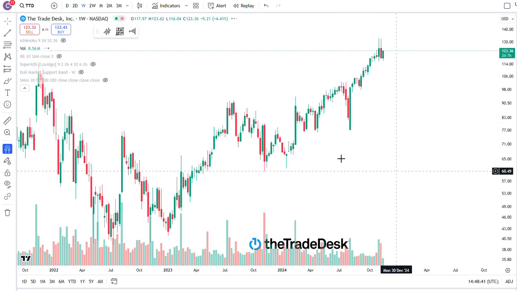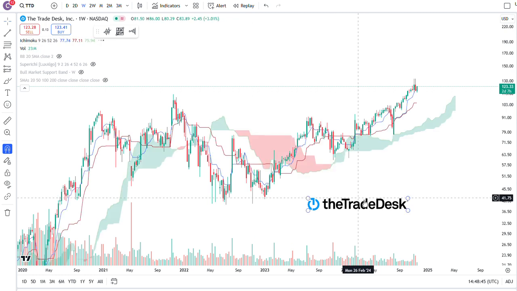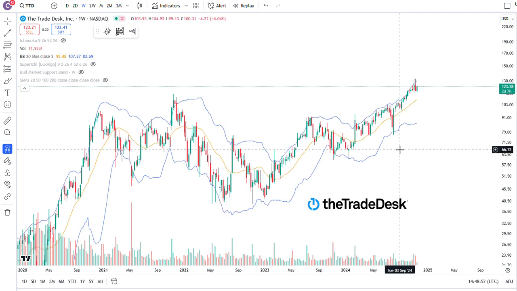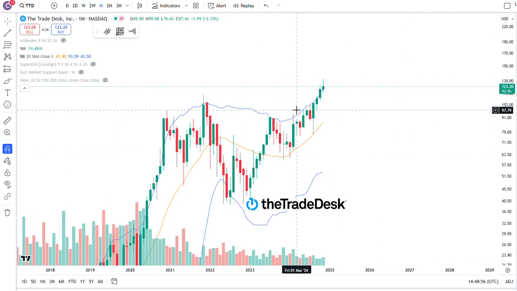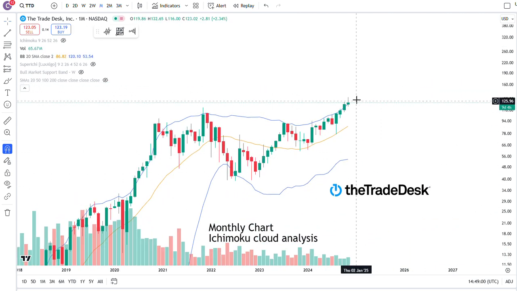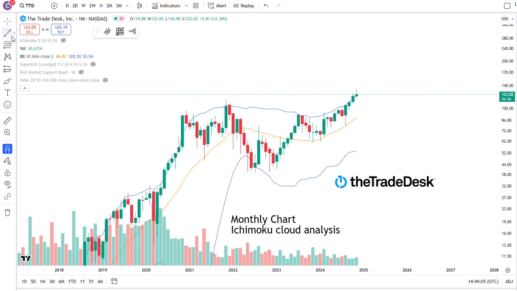The Trade Desk is also a very, very strong bull trend. If you look at the weekly Ichimoku, there's no doubt this is a bull trend. The question is more whether or not it's overextended, and the answer is not really here on the weekly. And also a little bit overextended, but not entirely so, on the monthly. It looks like there's still room to potentially even go higher. It's a very, very nice bull trend. I don't know where the top is going to be.